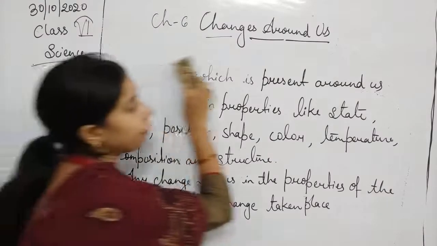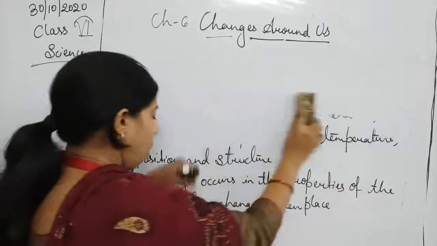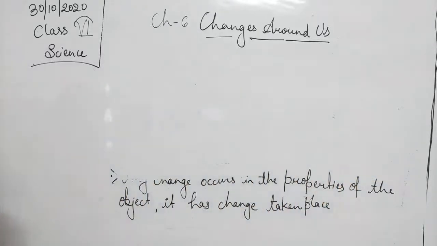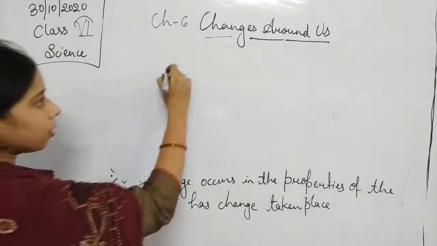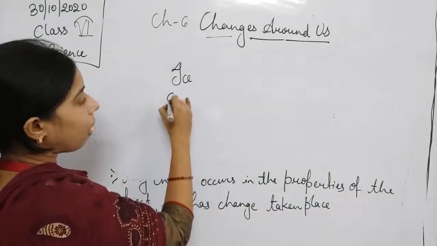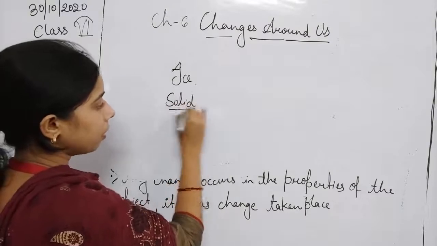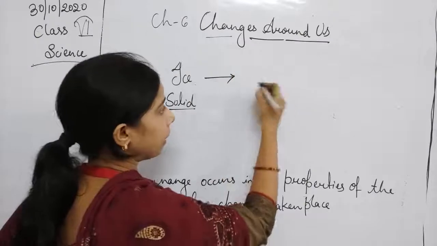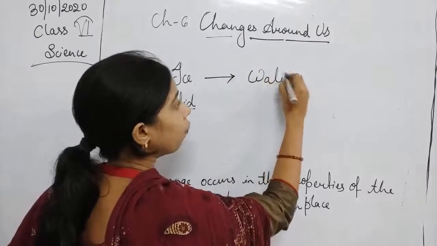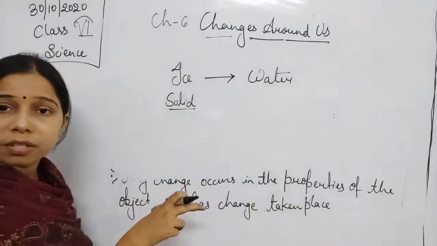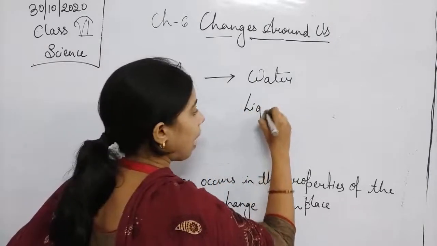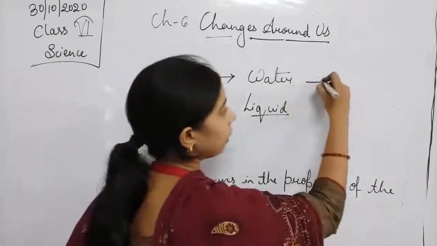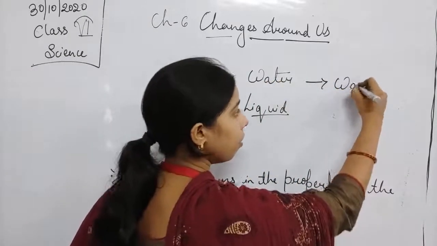So, very good example, students. Right now I said, sorry, that is the change in the state, students. So, you see that if we talk about the change in the state, if ice is there, so ice is in the solid state, right? When this ice gets melted, it will get converted into the water. Now, water is in which state? It is in the liquid state, and finally, when you boil this water, it will get converted into the water vapor.